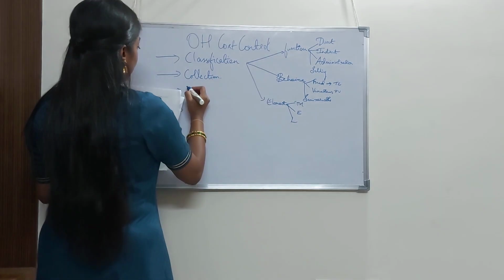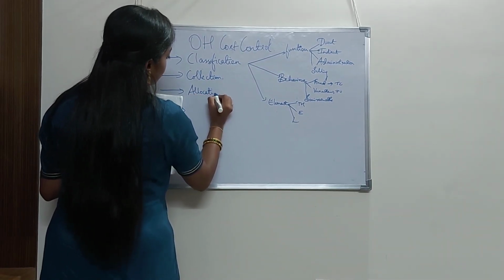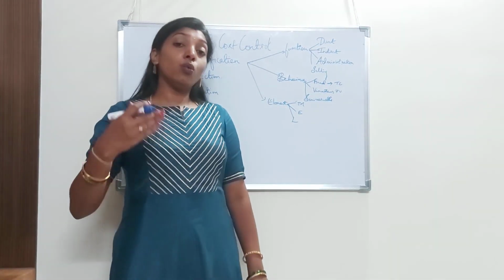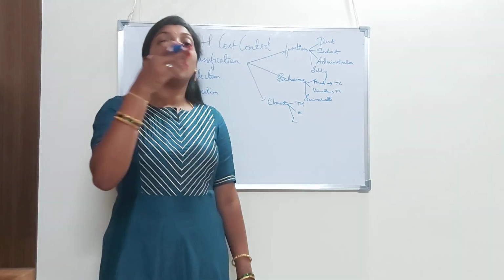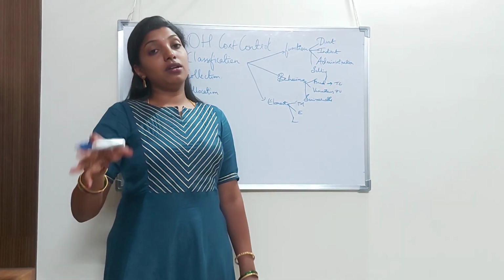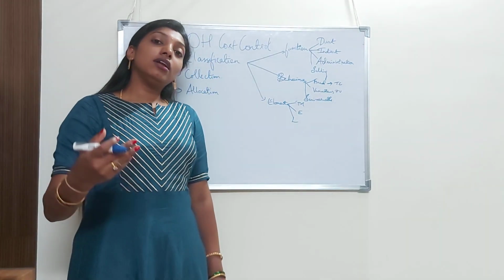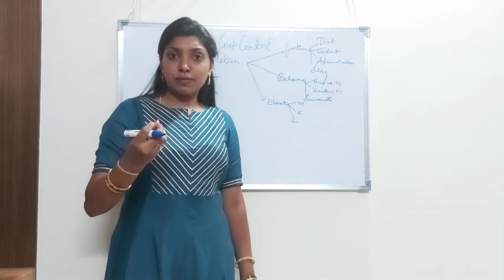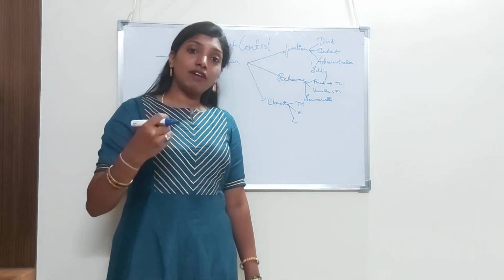And after collection, we are going to allocate the overheads. Allocation of overheads. So how do we allocate the overhead? On what basis are we going to allocate the overhead? For example, labor has to be allocated as per the number of hours that particular labor is going to spend in a particular outlet, factory outlet. And similarly, if we have any sort of lighting or any other expenses, those are all factory expenses. So it has to be allocated based on the factory overheads.